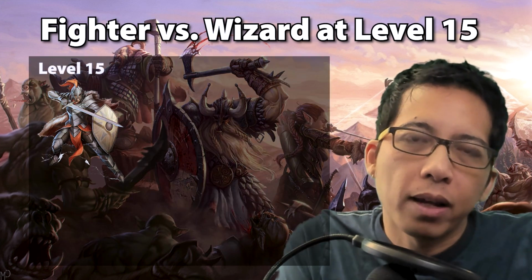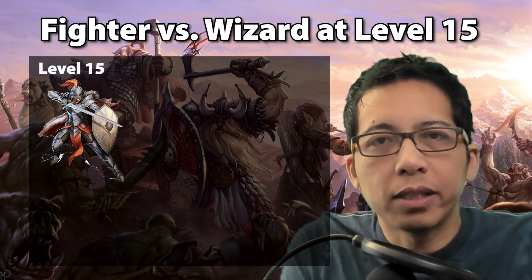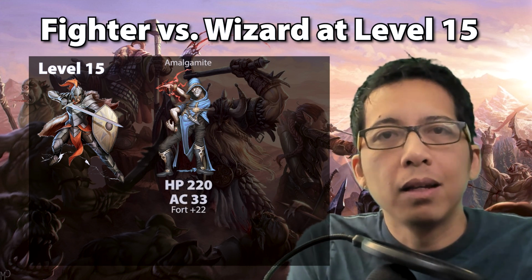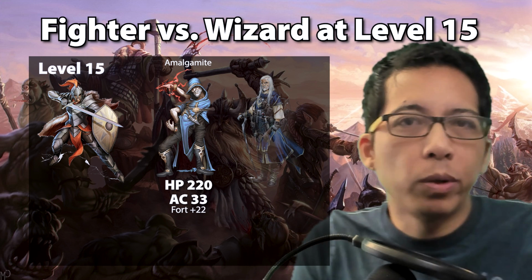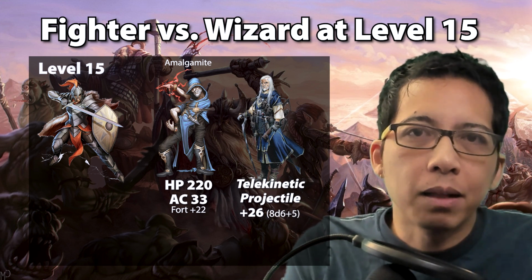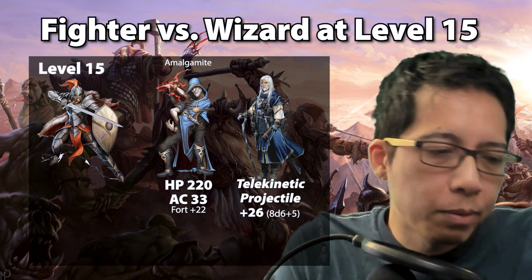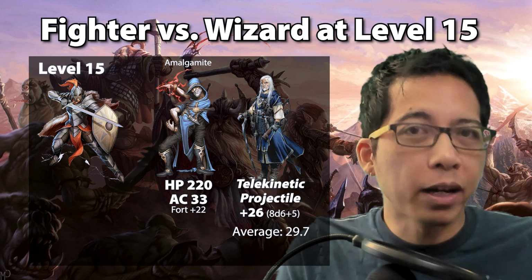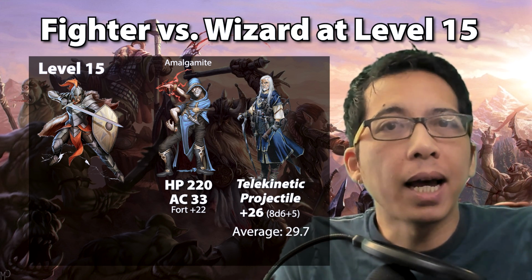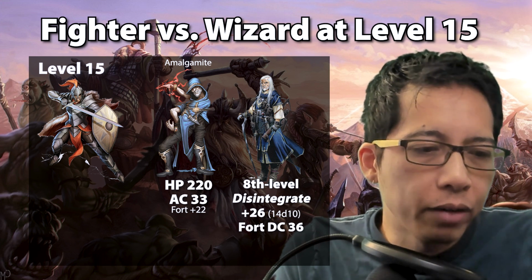Let's revisit the martial caster balance at level 15. At that level, it's extremely common to face creatures that are a couple levels lower than the party who have an armor class of 33. At that point, the wizard is going to have a +26 to their spell attack bonus, and casting their cantrip, Telekinetic Projectile, it's now doing more damage. On average, with their 2-action spell, they'll be doing 30 damage. They can also spend one of their highest level spell slots to cast Disintegrate, and on average, that will do